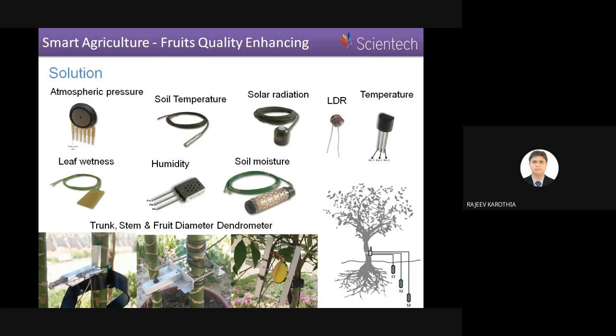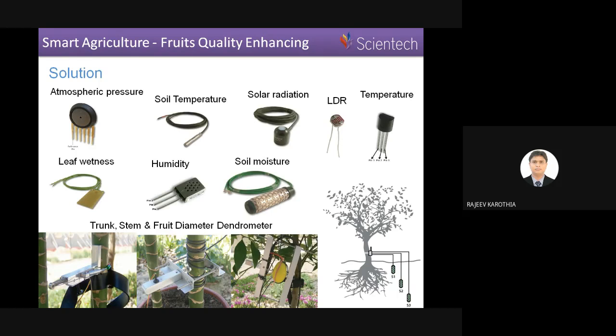Then there is the soil temperature sensor, solar radiation sensor, LDR, temperature sensor, leaf wetness, humidity, soil moisture. Why are we discussing these sensors? Because whenever you think of making any application relevant to agriculture, you should at least know how many sensors there are and how many sensors we can use to get the data from